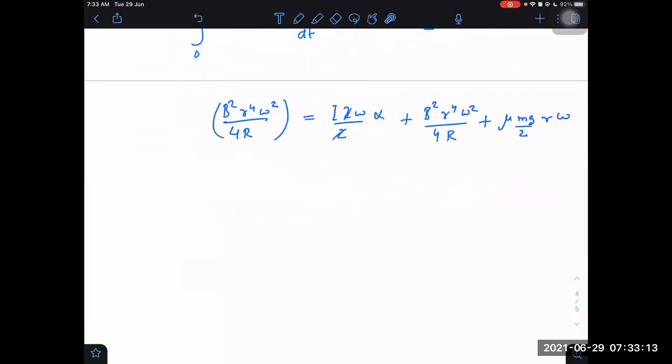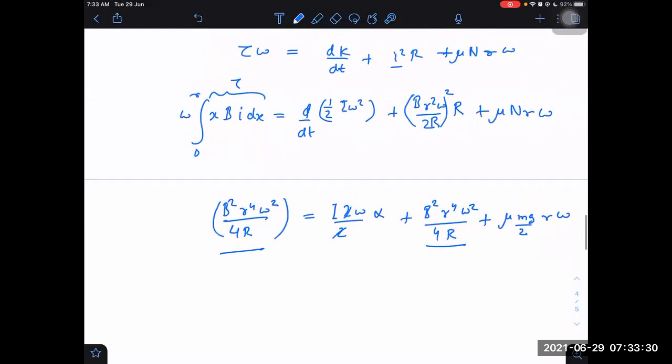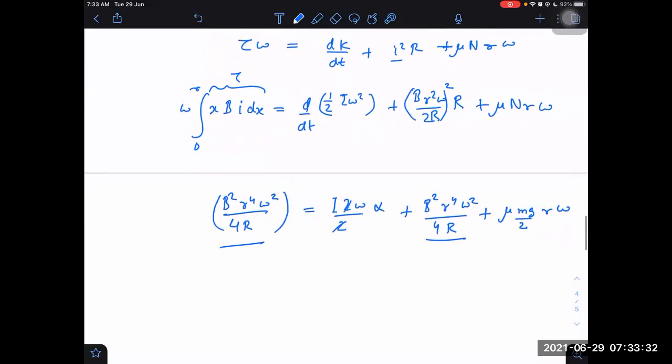In this expression, alpha is there and omega is there. Can we integrate this expression? Yes, we can integrate. Why? Alpha is d omega by dt, right? And remaining function, let us see whether the remaining function is very complicated or simple only. Let us check once. This term and this term, is it same? Yes, sir. These terms are same.